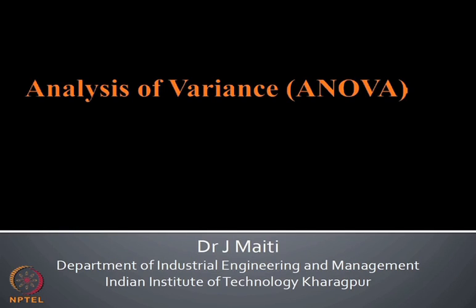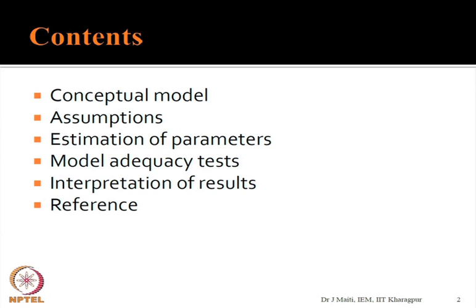So today we will see this in terms of ANOVA. For ANOVA, these are the contents: conceptual model, assumptions, estimation of parameters, model adequacy tests, interpretation of results, followed by